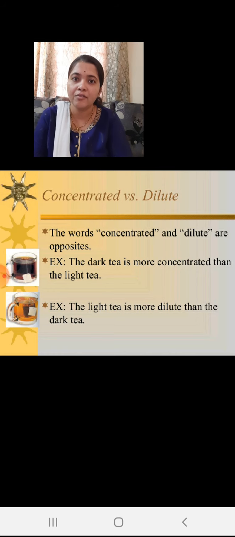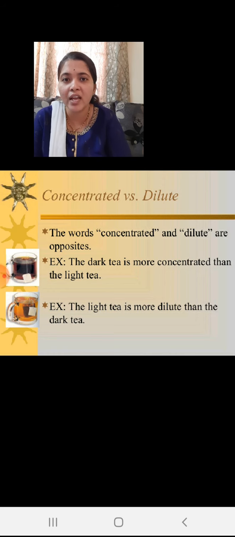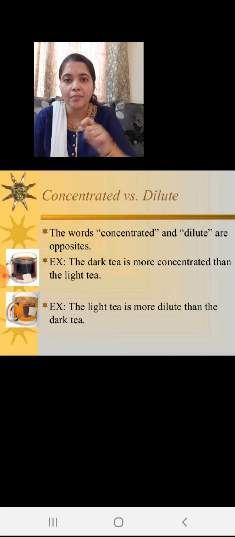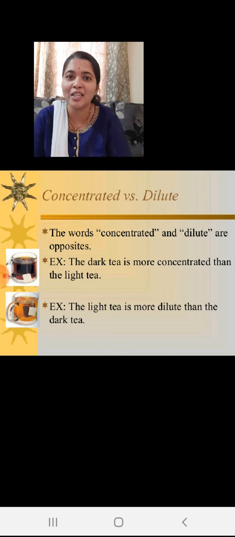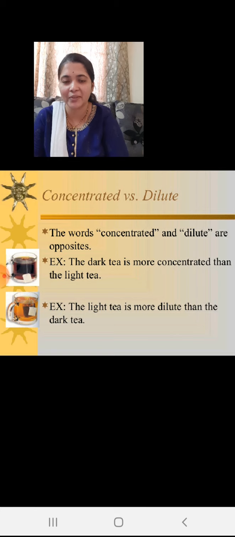For example, when you are applying shampoo to your hair, you will not apply it directly because it's harmful, because it contains more chemicals. So that is known as a concentrated one. How will you dilute the concentrated one? You will add solvent. Here we will take water as a solvent. Mix the shampoo with the solvent, then you apply. Then that shampoo will become dilute. In this way, you can prepare concentrated to dilute and dilute to concentrated.